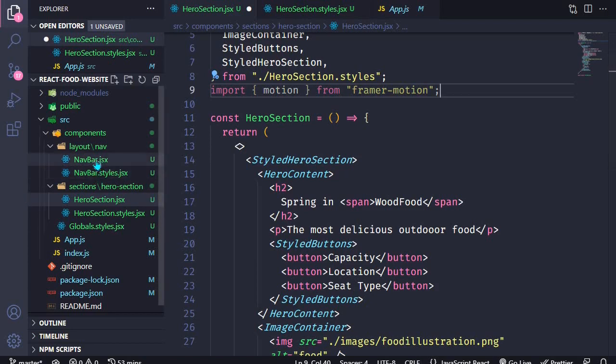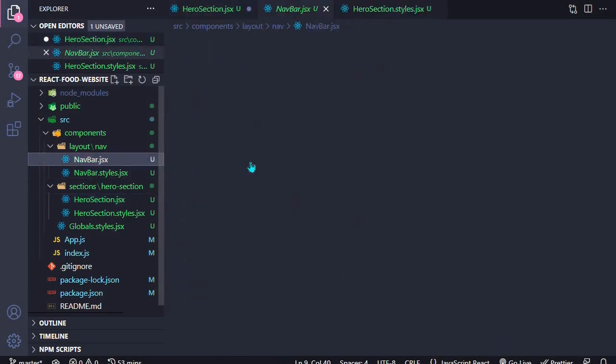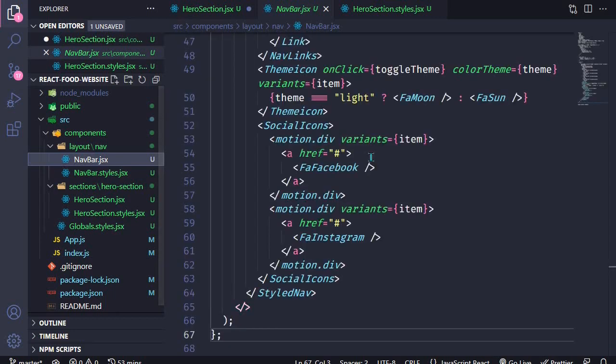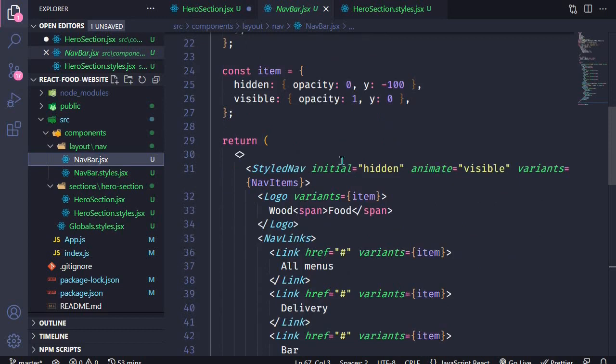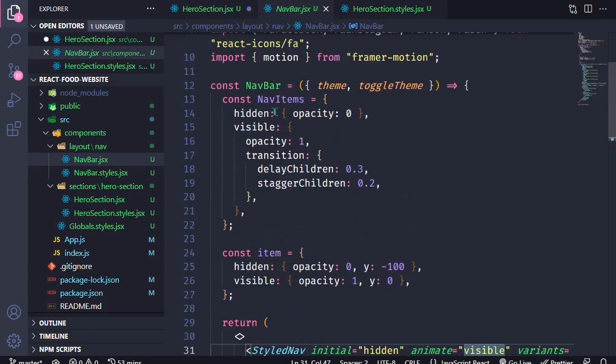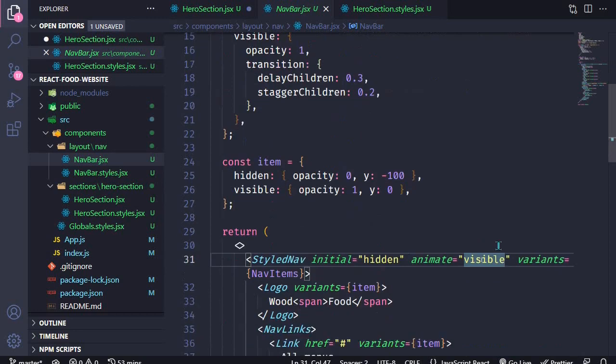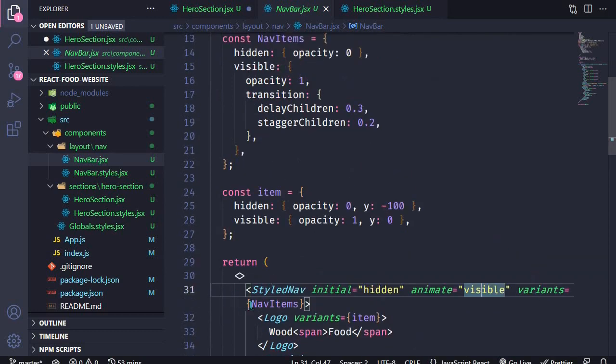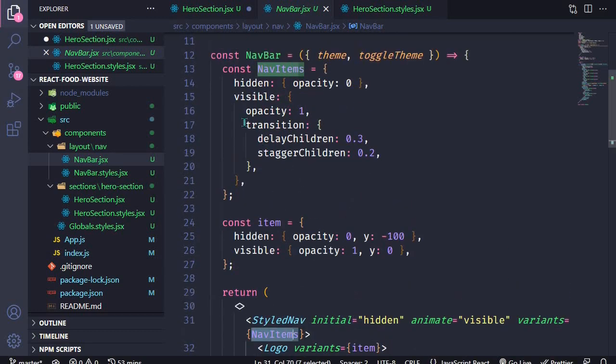That is the navbar. So remember how we did the navbar? Actually, come back to the navbar, and what we did is that we added various props. We had initial, hidden, animate, visible, and then variants. And these initial hidden will read the hidden property from our variant. So as you can see here, variants, it's nav items, and the nav items here is an object with various